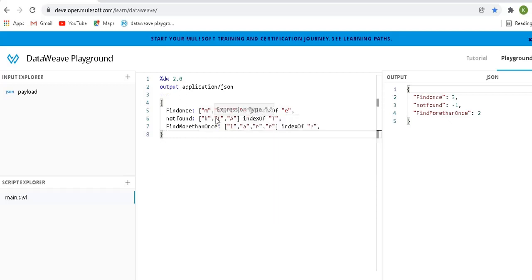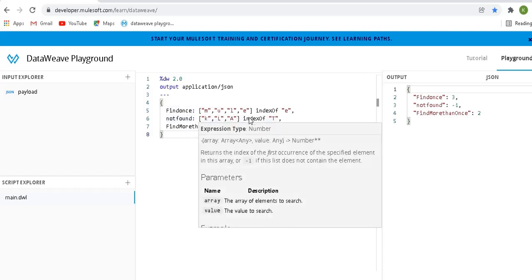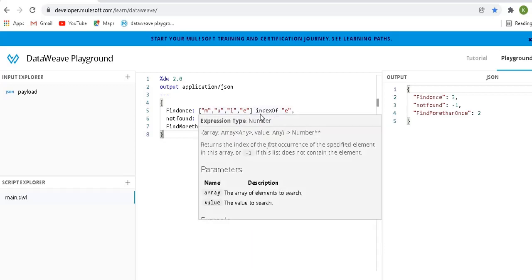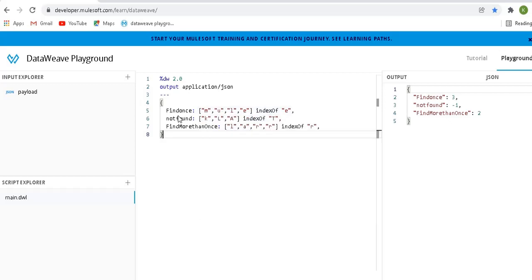If the letter exists, it will show you the index of that particular letter. Let's say this is find ones, I just named it that. Here MULE are the letters or strings in the array, and we want the index of the letter E. That is your requirement, so in that case you can use it in this way.